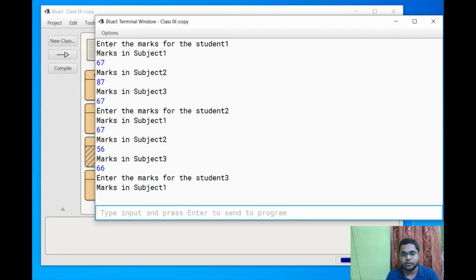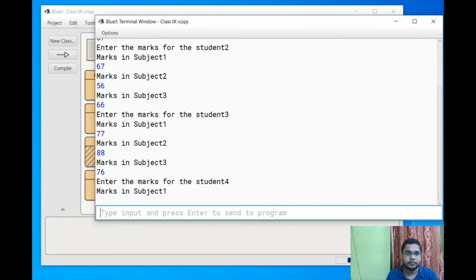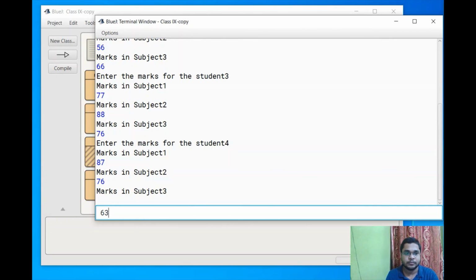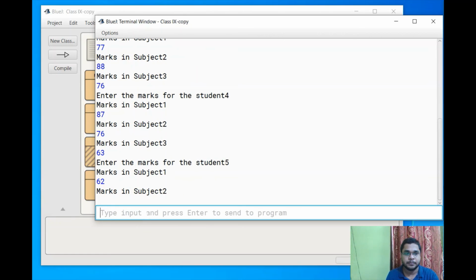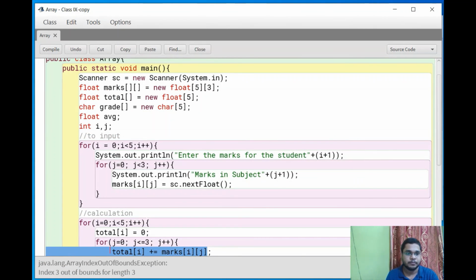Then student 3, then student 4, then student 5. There is an out of bound error. Why?